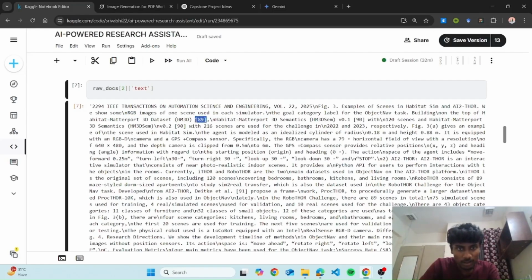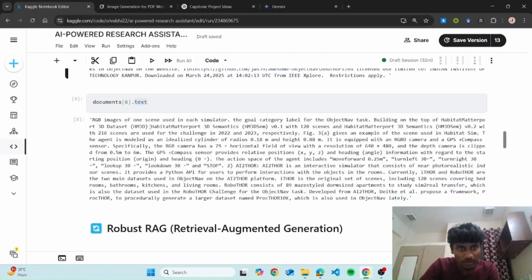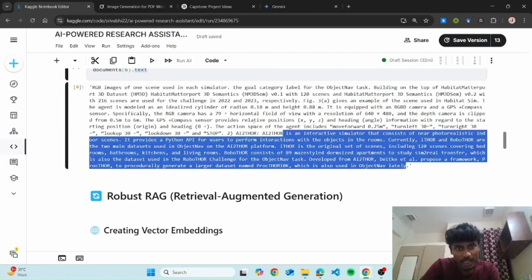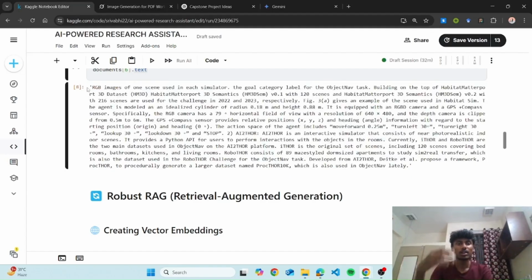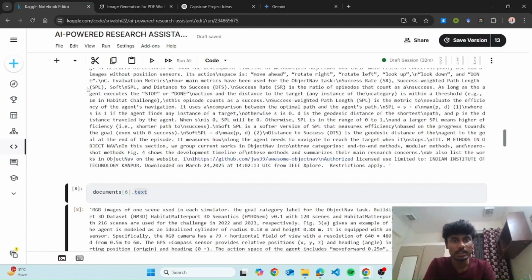Then here is the citation number 89 after HM3D. And if we see after this, the citation number has been removed and the backslash n also. So all that stuff has been removed,